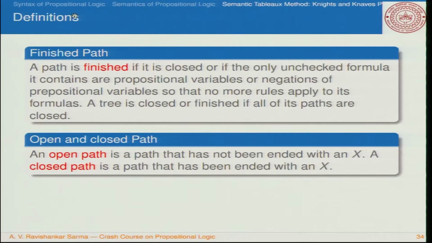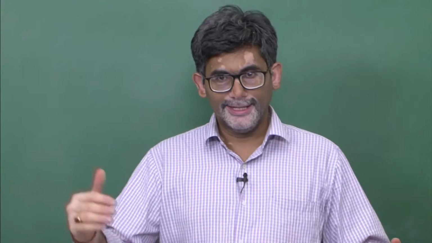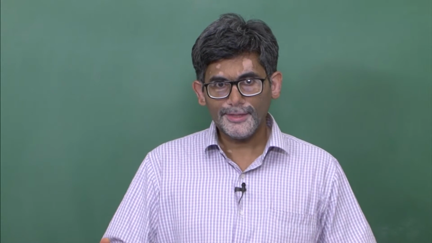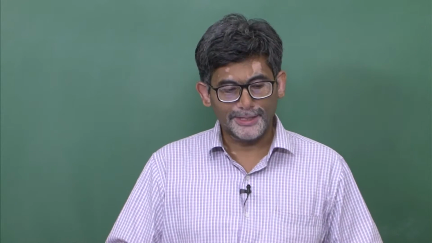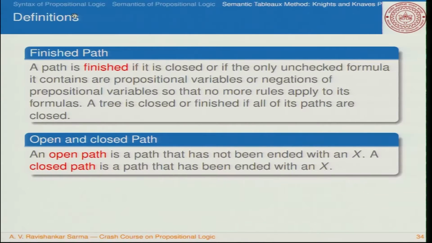When a literal and its negation occurs, a path is said to be finished. There is no way in which you can advance in that particular kind of path. There is already some kind of contradiction. So we have P and you have not P, then obviously you need to close the path. And an open path is a path that has not ended up with this; we usually cross it so that whenever a literal and its negation occurs, we close the branch, or that path closes.